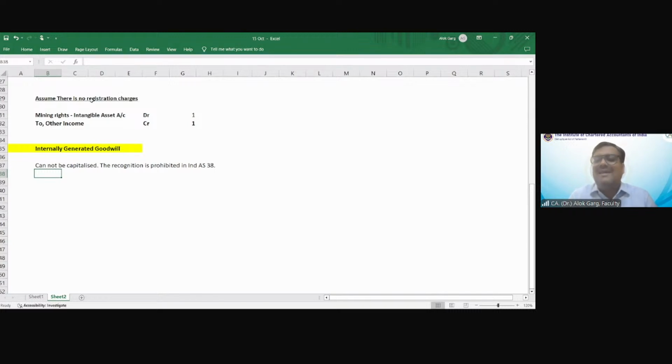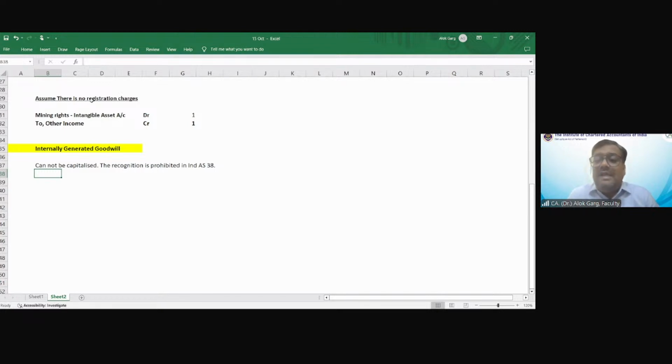Will you capitalize that? Answer is no. You have to write, this is an internally generated goodwill, okay? And this internally generated goodwill cannot be recognized under Ind AS 38. So this is prohibited under Ind AS 38, okay? Friends,